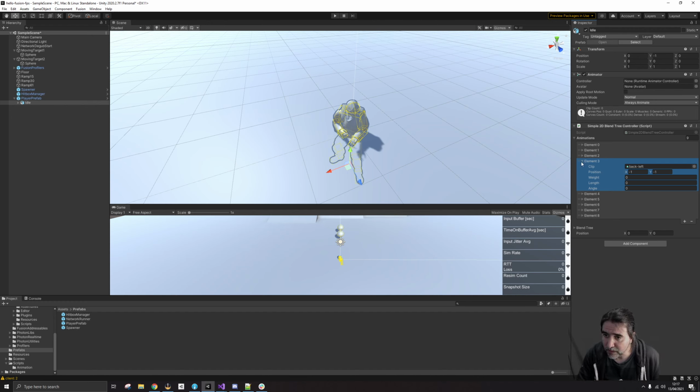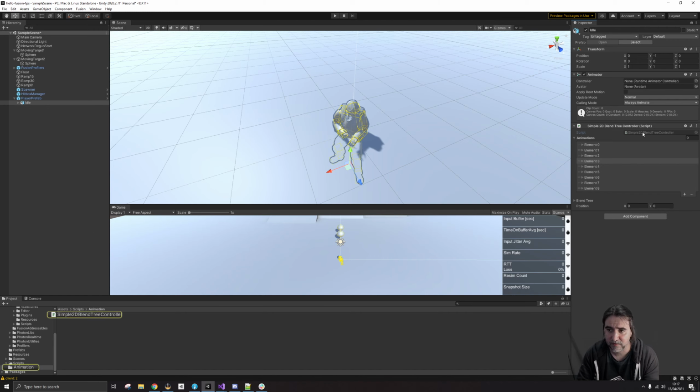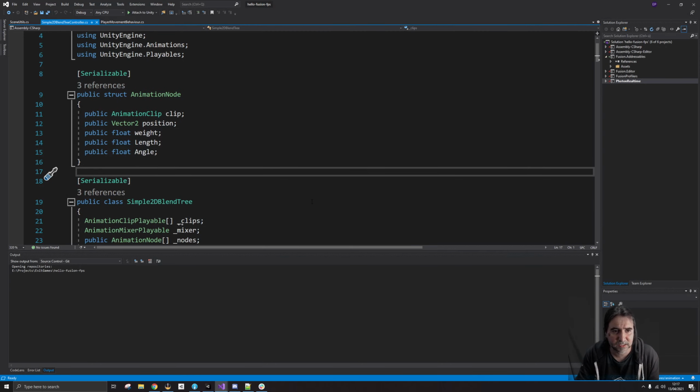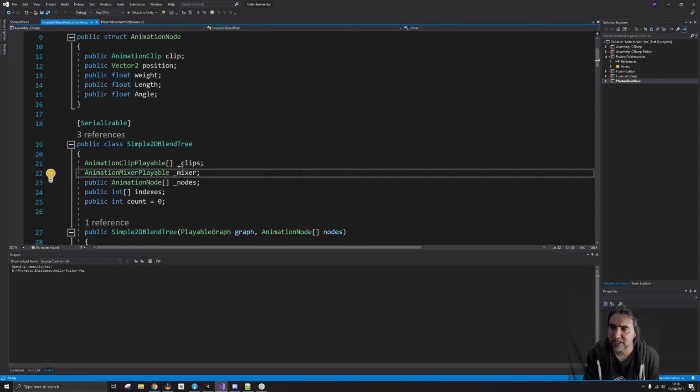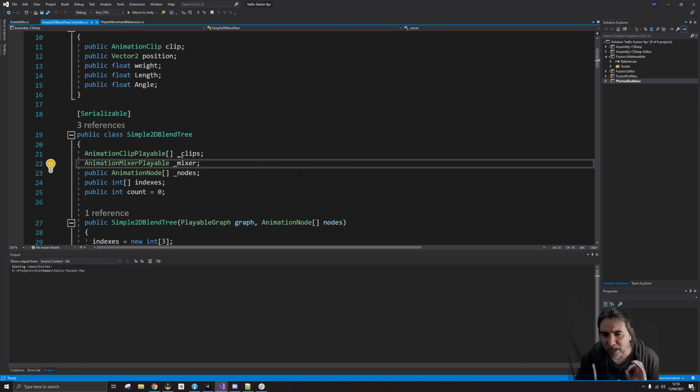So let me show you the implementation of this that's going to be shared with you guys. I wrote this based on a few examples, but it's quite straightforward to do. And if you want to have jumps, you're going to have to build your own state machine to do this. The interesting aspect of this is just really 2 things. I'm talking a lot about the blend tree, but the only thing that matters here is you need to be able to set